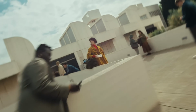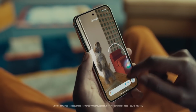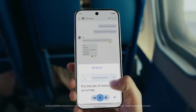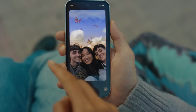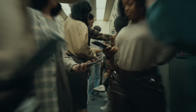Video capabilities. The Pixel 9 Pro excels in video recording, supporting up to 8K resolution at 30 frames per second and 4K at 60 frames per second. The device also features Cinematic Pan, a mode that stabilizes video footage to create smooth, professional-looking pans and tilts. The improved video stabilization, combined with the Tensor G3's AI processing, ensures that your videos are steady even in shaky